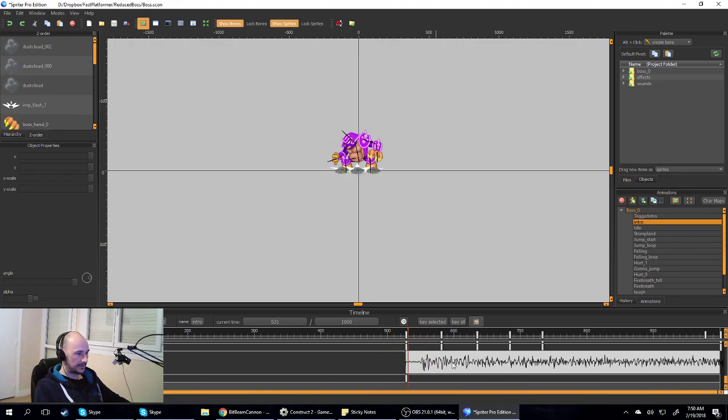So not only do I have the sound in Spriter, but I also have a trigger. You can see here I have an event trigger called Quake at the exact same moment. So in Construct 2, I have an event that says on trigger Quake from the Spriter object, then basically change a variable which has a little subroutine I made which shakes the screen. I'll show you that in a minute. But anyway,